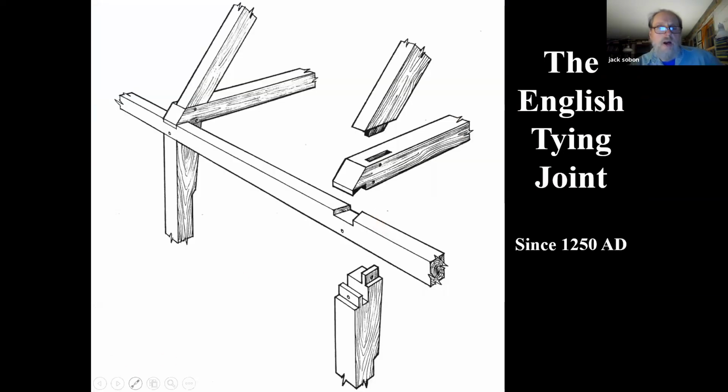So one of the things that makes these barns English, I guess, is the fact that they're using this English tying joint, which has been around since 1250 in England, and was used in England right up to the end of the tradition there, and used in our country till 1820, 1830, depends on where you are. But it's an ingenious joint